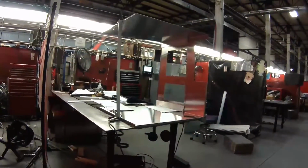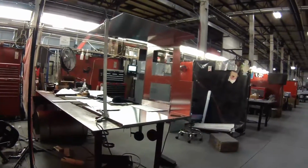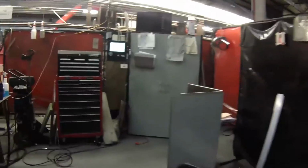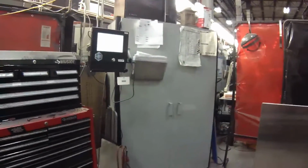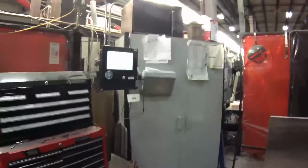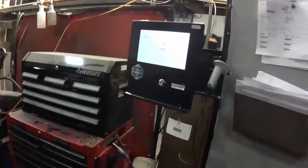My name is Eddie Garcia with StealHead Metal Corporation. StealHead Metal is a full sheet metal machining powder coat facility, and we had a need to incorporate data collection. This is one of our welding work cells that generates a lot of metal dust, and we didn't want to install PCs with desks and all of the fans and openings and have to deal with that in this environment. So we decided to go with a 10-inch HP tablet, Windows based. We designed a custom enclosure, mounted it on an articulating arm, utilized a USB scanner